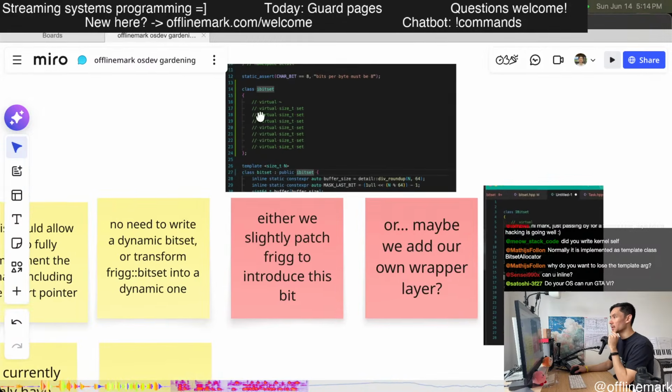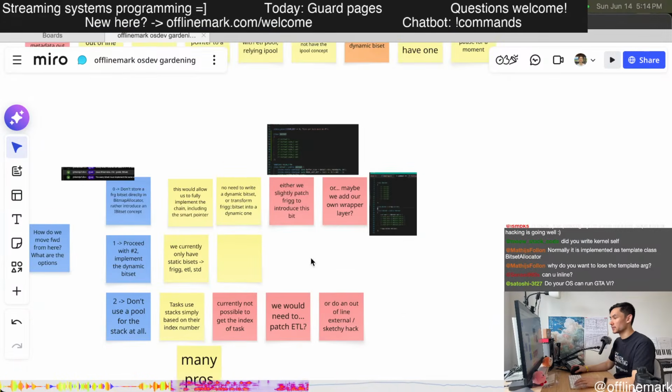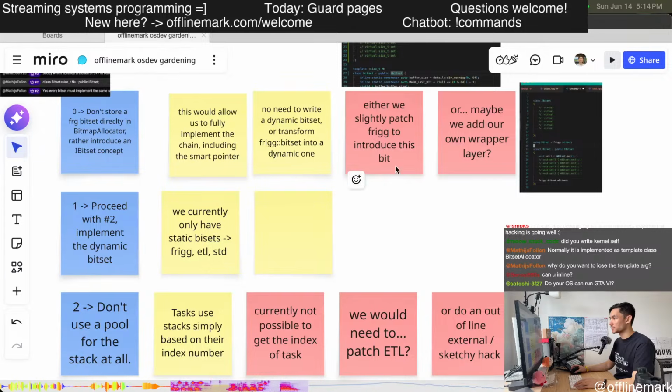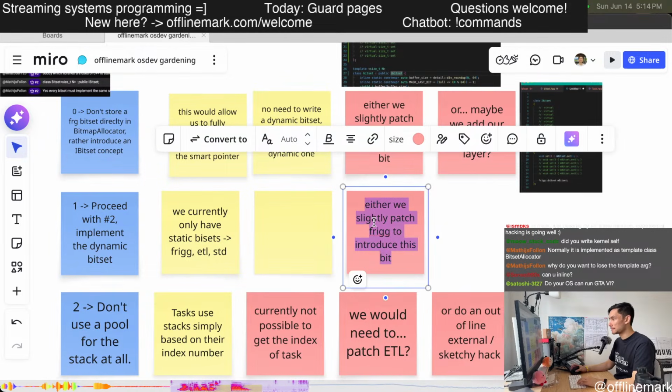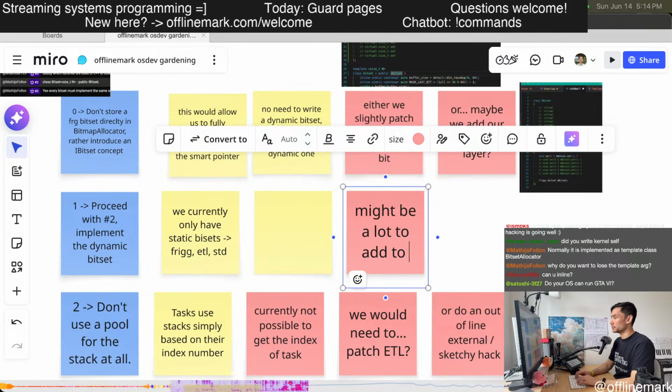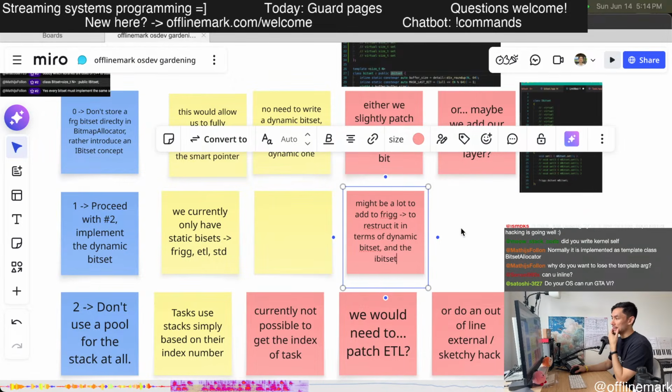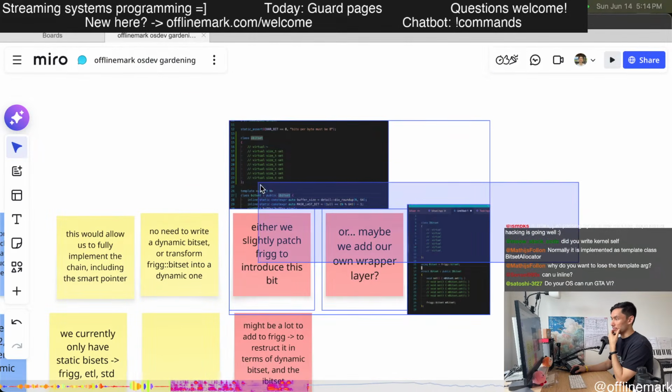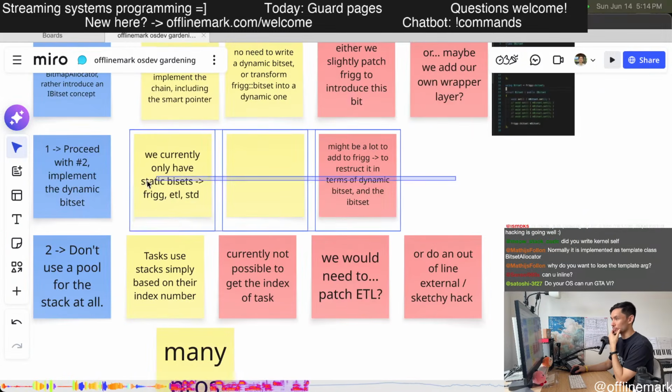This is not a ton of boilerplate. Lot to add to frig to restructure it in terms of dynamic bit set and the I bit set. This is almost certainly a smaller patch than this one would be.